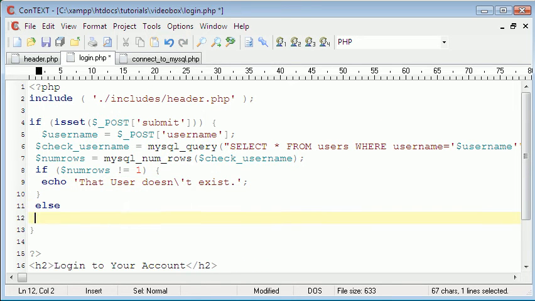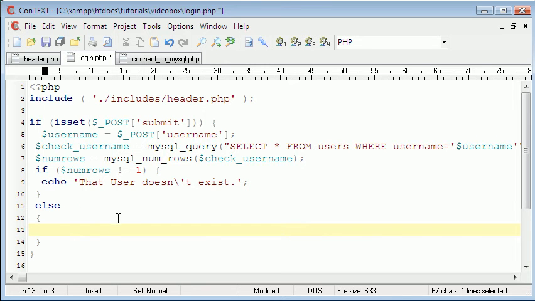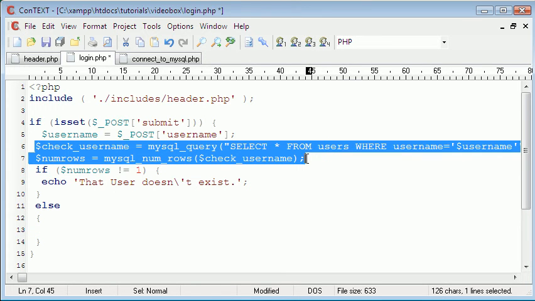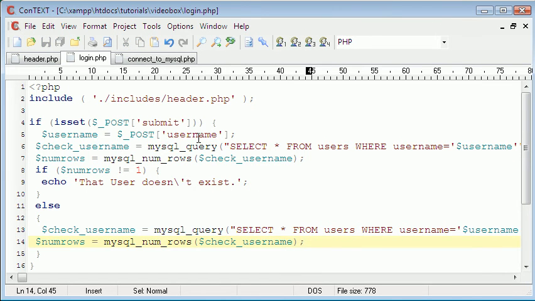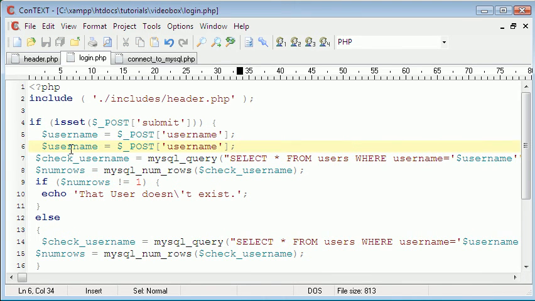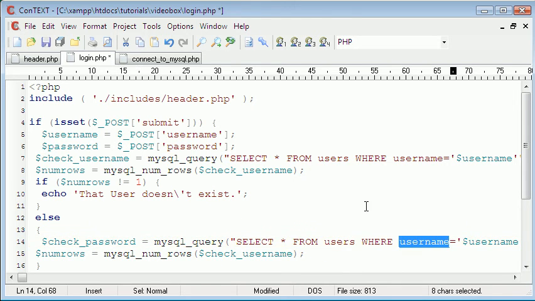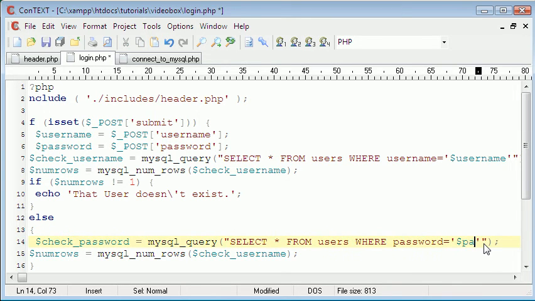So then what we're going to say is else, and then in here we're going to check the password. So we're going to just copy all this and paste it in here, and copy that and then change this to password and password as well. Then in here we're just going to say check password. Select all from users where password equals password. And since we've got no encryption on the password for the moment with the login, we'll just not include anything. But when we finish the registration form, we will have encryption, so then we'll have to update our login form too. So I'm just going to copy that, change this to num_rows so that the variable name's different,